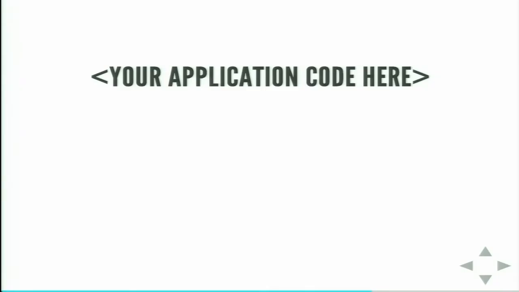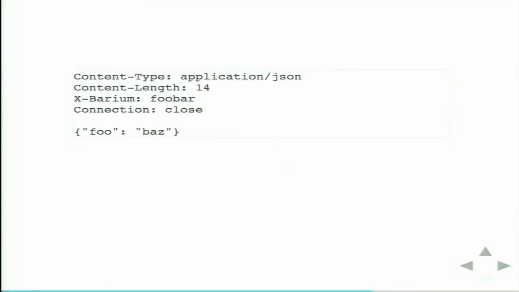So your application code here receives the request, does something with it, and sends back a response. The response is almost identical to the request that came in. You have some headers, we define a content type, JSON of course, and content length. I'll talk about the X-Barium header that I've added on here. That X is a convention in headers of basically saying it's a custom header. They're beginning to drop this convention in a lot of applications because it's seen as muddying up the waters.